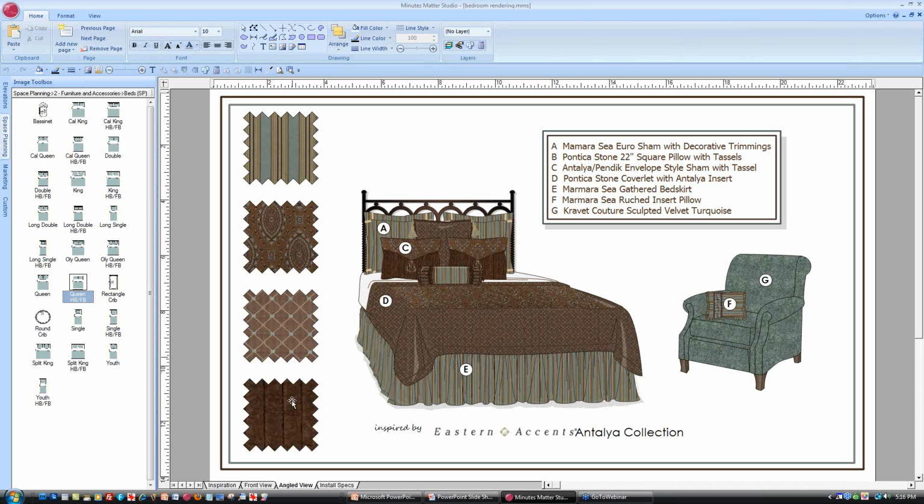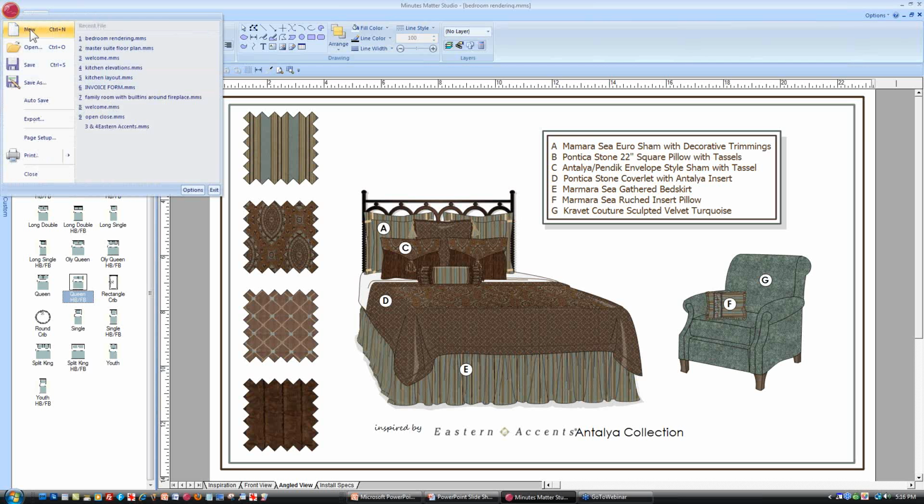Here we have the fabric swatches on the left, and we are displaying the various images along with the pillows, the specifications on those, and the fabrics that we're using. So let's begin by drawing that bed wall. I'll open a new file,